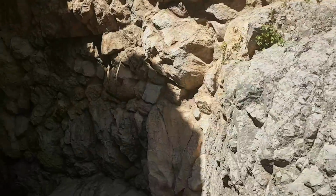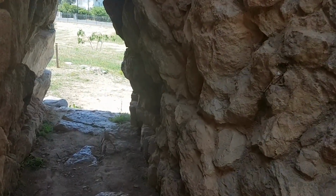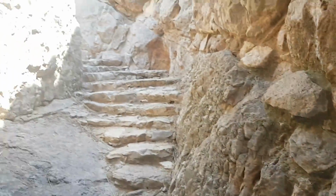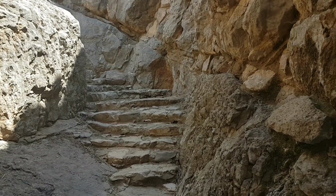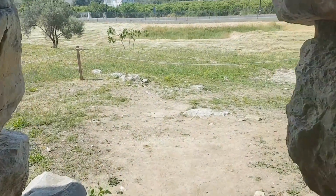Probably get you a better view if I look at it the other way actually. Let's go down. So you can see how it curves there to go around the corner. So you could more easily defend it because you couldn't get a straight run at the place. So if this had doors or something like that at different places,